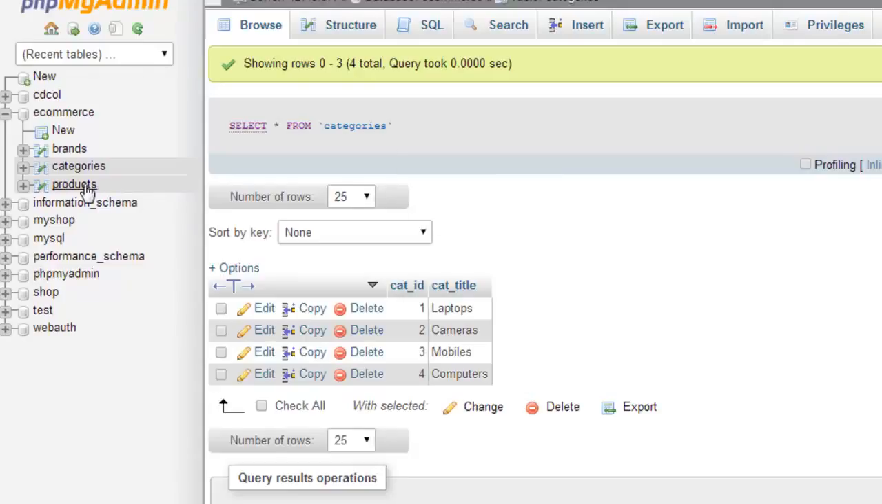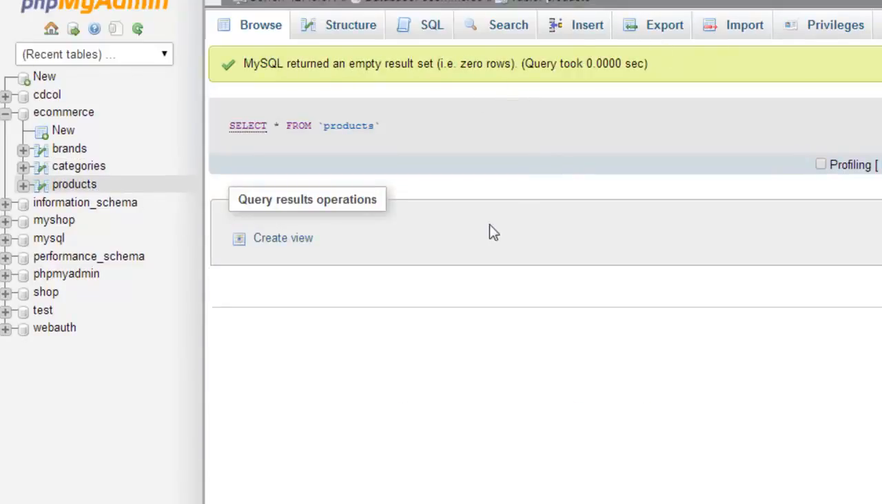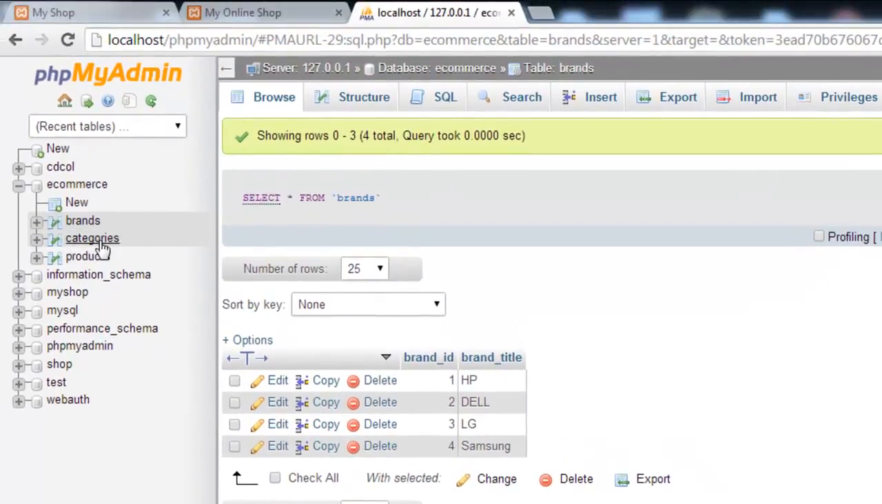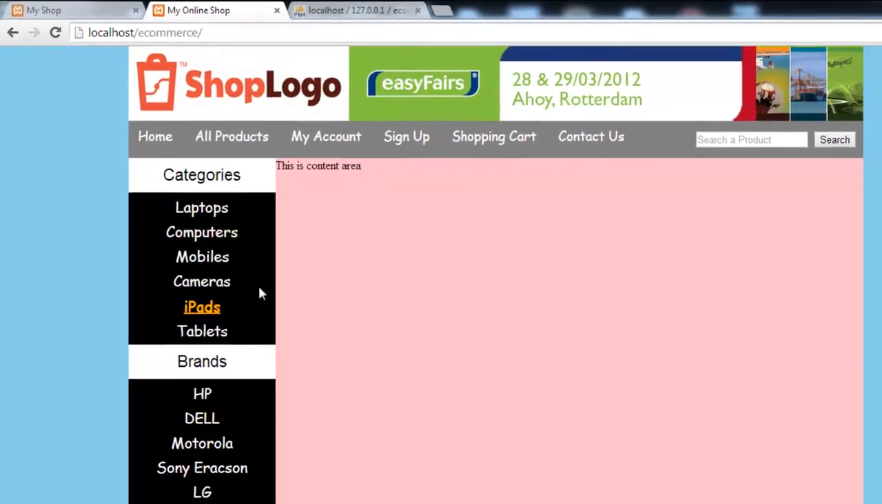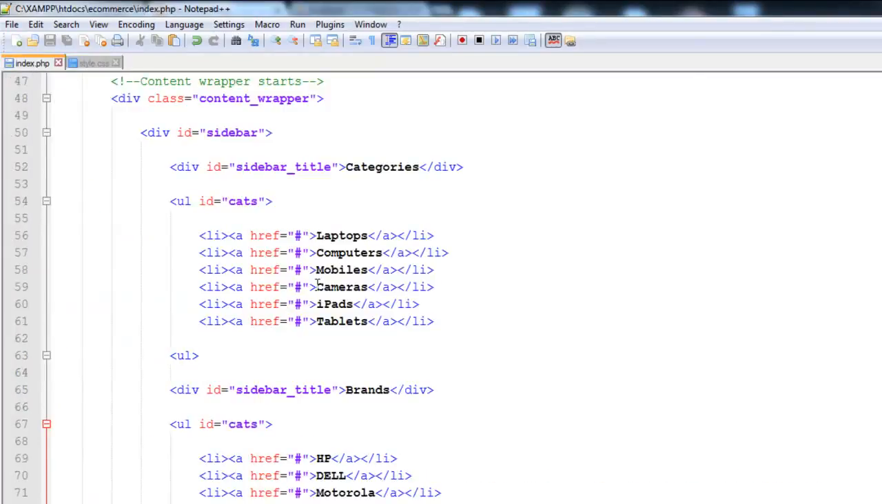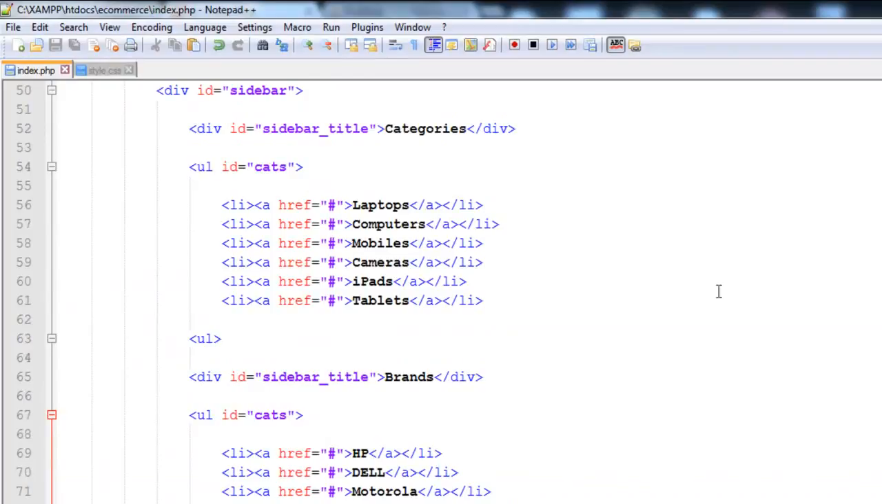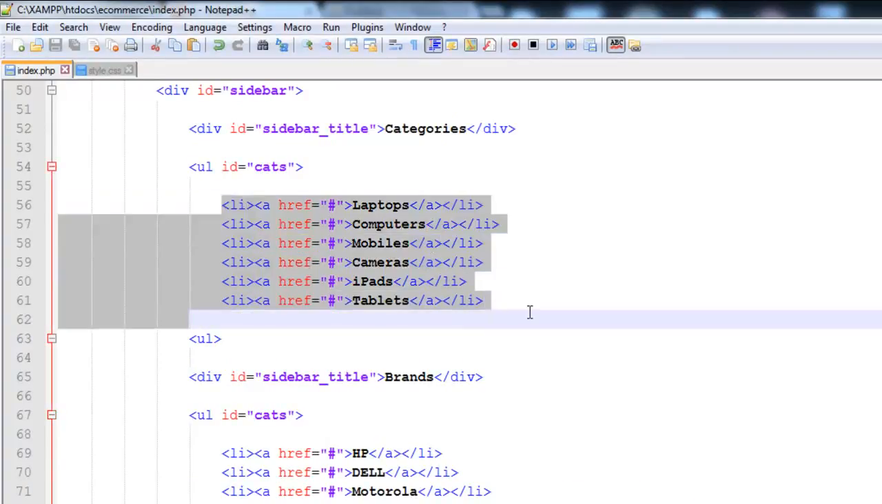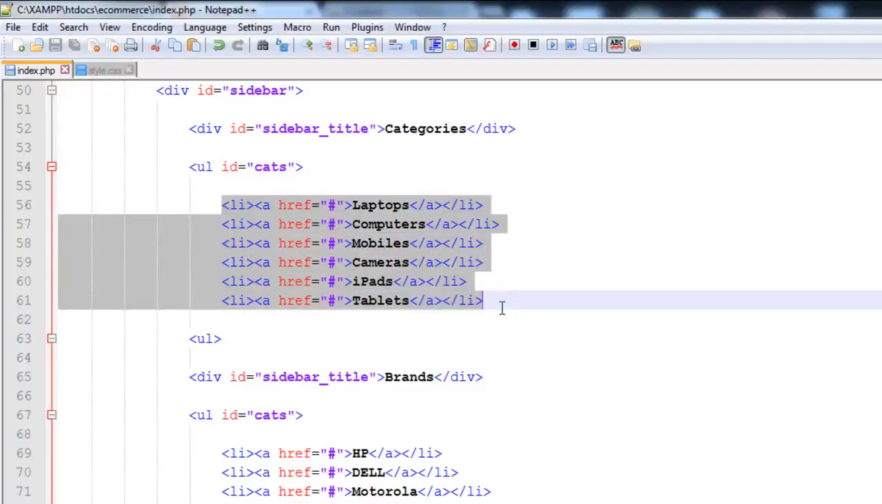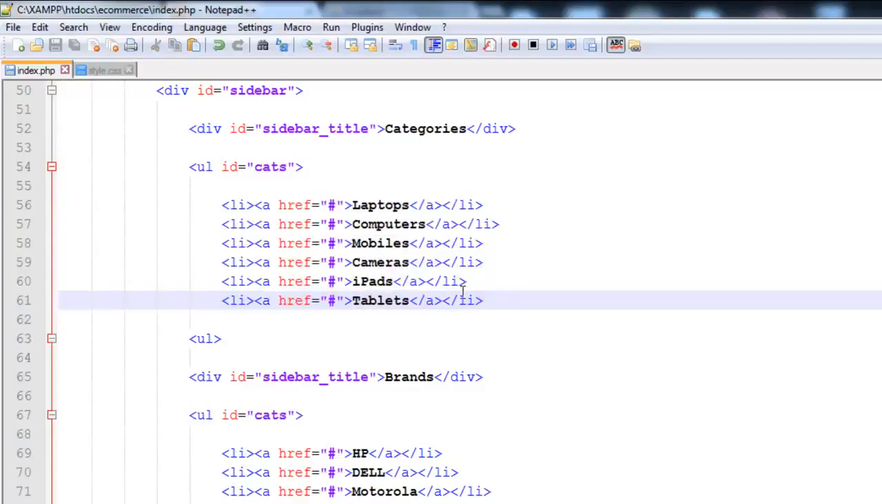And similarly we can add products, but we have images also, so therefore we cannot add them this way. But we can add these brands and categories dynamically to this area. For this we simply need to go to our source code, and this is the area where we have added the static categories, but we can add dynamic categories from the database